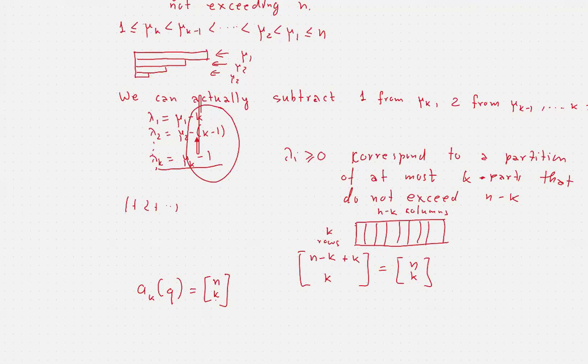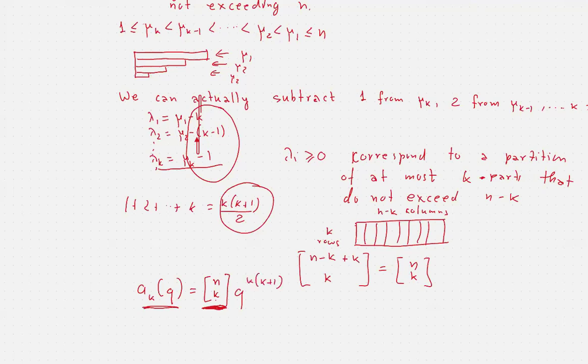So in other words, these two polynomials are not equal because the q powers on the right have exponents that have been reduced by this much. So for them to be equal, we need to multiply them by q^(k(k+1)/2),